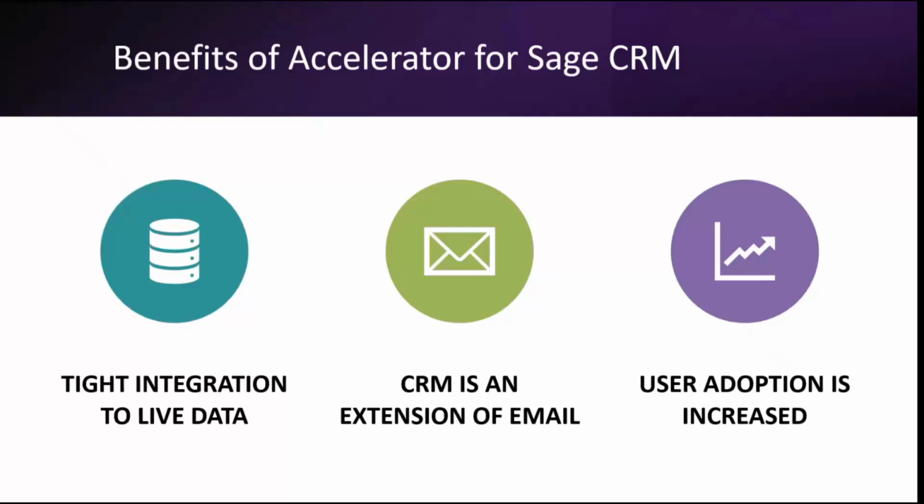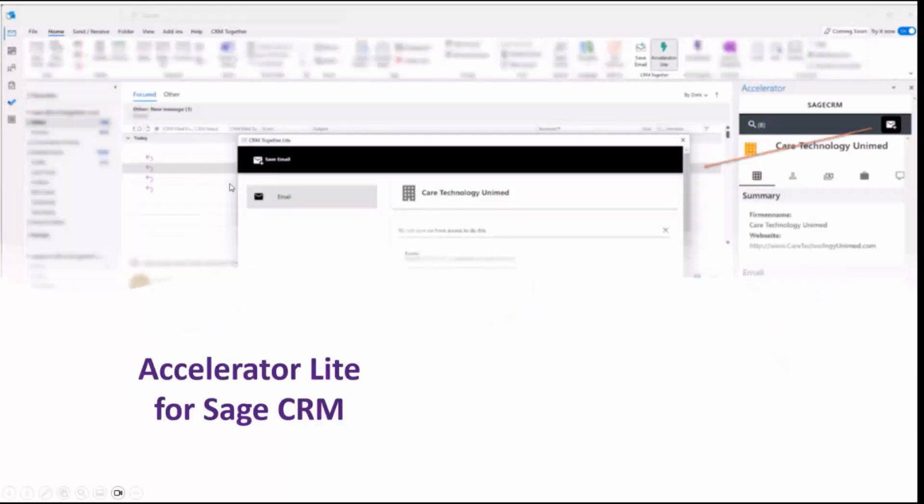The holy grail of CRM is that you get a 360-degree view of what's going on with the customer, and you can achieve that with CRM, but you can achieve it even more powerfully if it's available within email because there's greater context available. As I mentioned, there are a couple of different versions of Accelerator for Sage CRM. I just showed you Accelerator Pro. There is Accelerator Lite for Sage CRM, which is a lower price point, but it has much more limited functionality